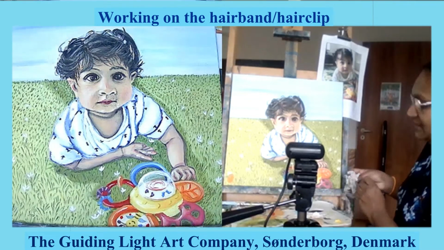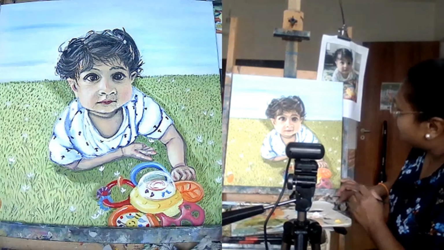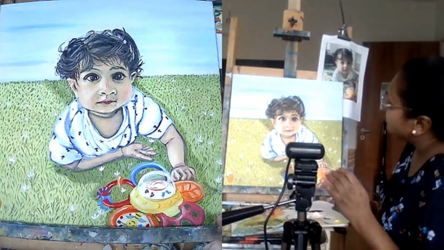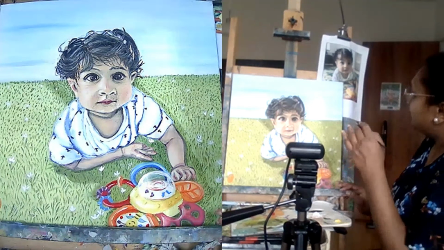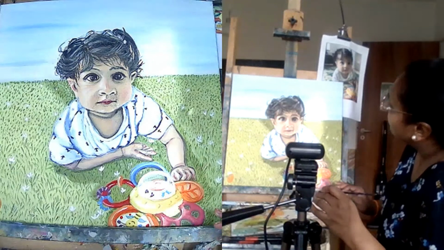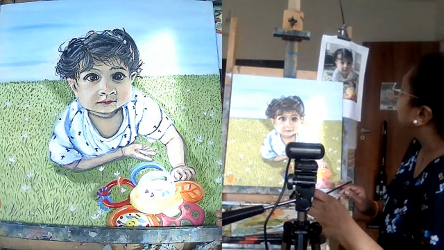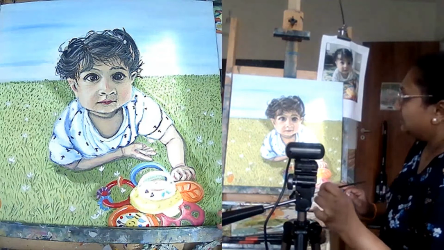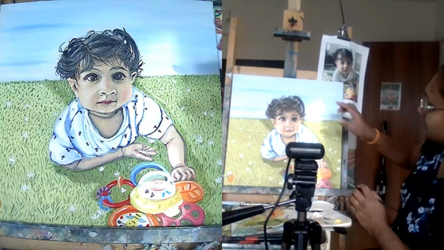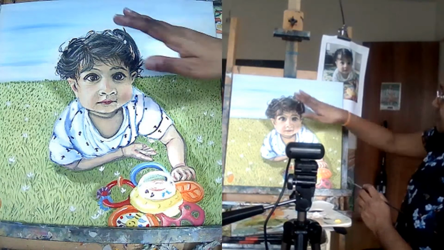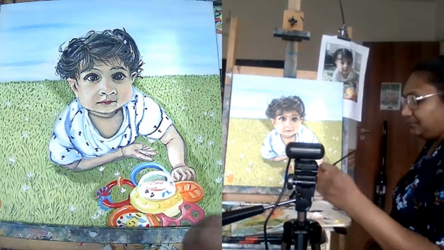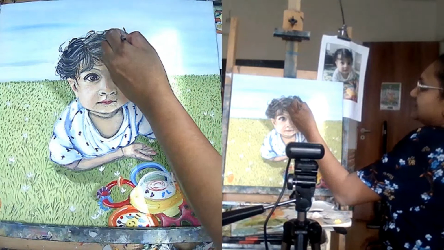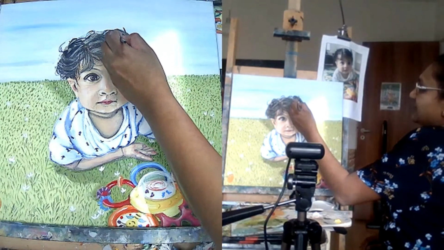Okay, so I would say stop there and move on to something else on the hair as well. It's not the hair itself, but the rubber band or the clip of the baby girl. That I did not do much. I think we slightly highlighted that using another tone, but we did not do the details, at least I did not. I'm thinking of using the crimson itself because I think it will pop out nicely in the blue sky. So I'm going to use the crimson to show the rubber band